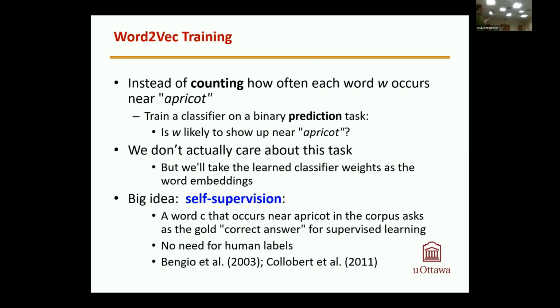And it's unsupervised in the sense that nobody needs to go label a lot of data like we always do in machine learning. It's called self-supervision. And the idea was by Yoshua Bengio and later by Collobert for language. Self-supervision means you have a lot of text, take out some words, and then you try to predict what word would fit in there. And because you know what word was there, you have the label. Maybe another word will fit too, but you don't get points for that. Only if you get exactly the word that was there.